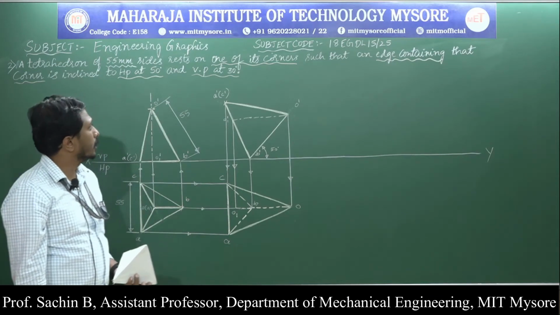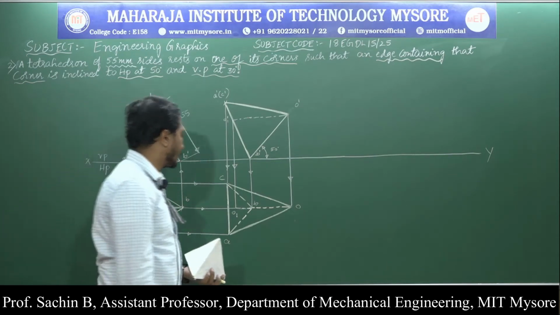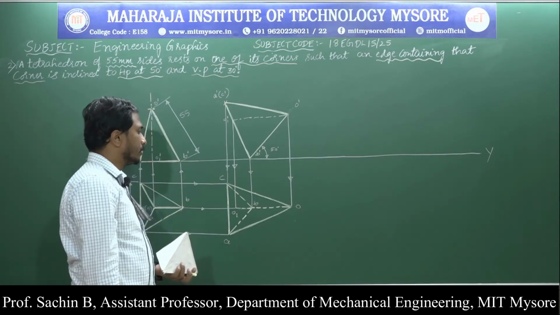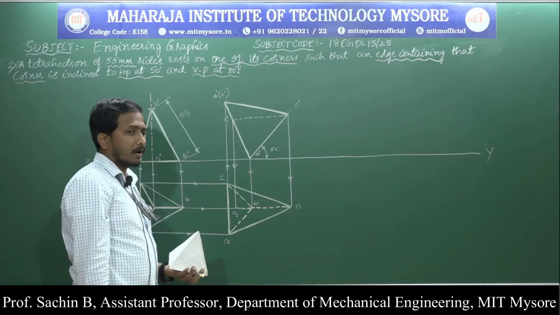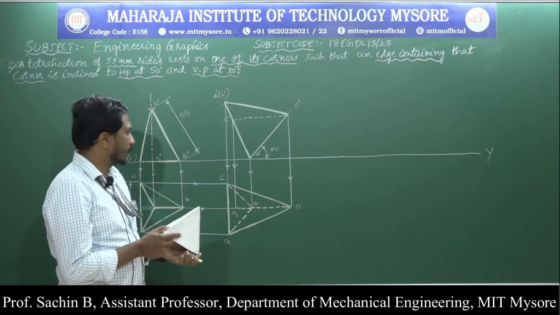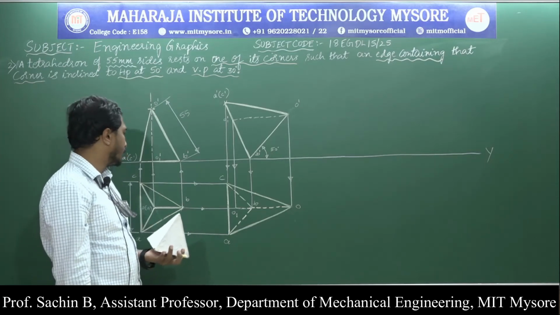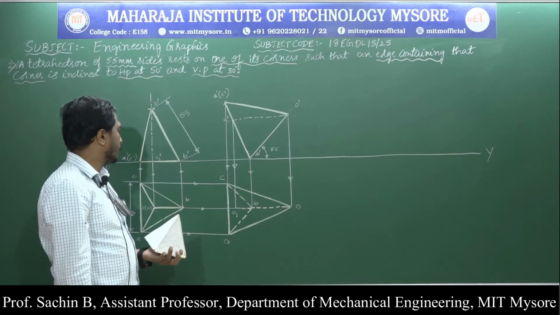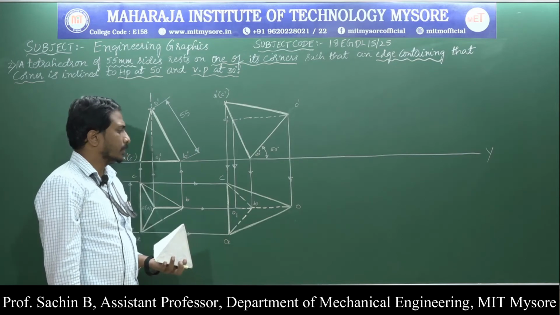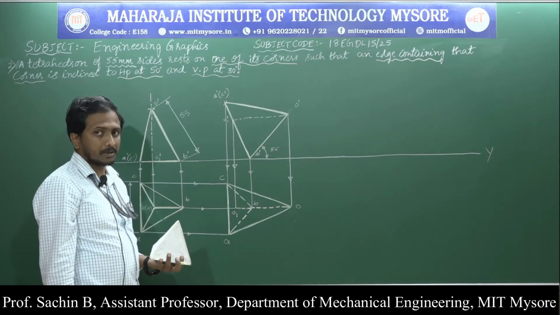Next, I'll go for the last position. They given that it is inclined to VP at an angle of 30 degree. But here, one more thing we need to know about it. The resting corner edge is inclined at an angle of 50 degree in the second position. But if I measure the resting edge length in the first position, we have the length of 55 mm. But in the second position, the length of that resting edge is diminished.